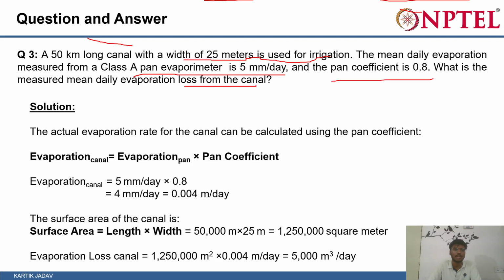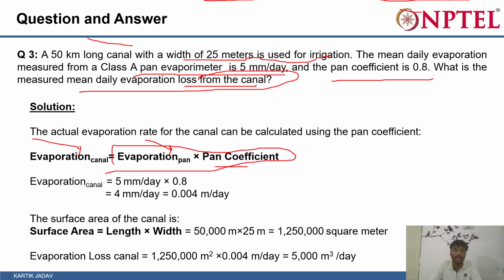What is the mean daily evaporation loss from the canal? We know that evaporation is pan evaporation times the pan coefficient, which gives evaporation from natural water bodies. So for the canal, multiplying 5 mm by the pan coefficient of 0.8 gives 4